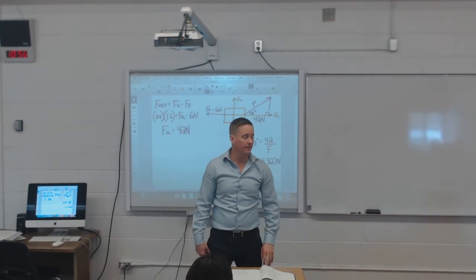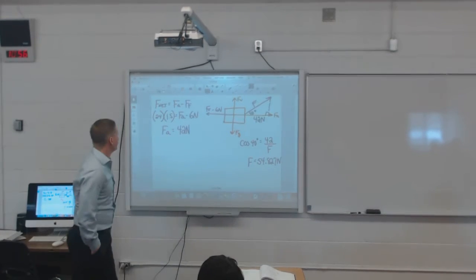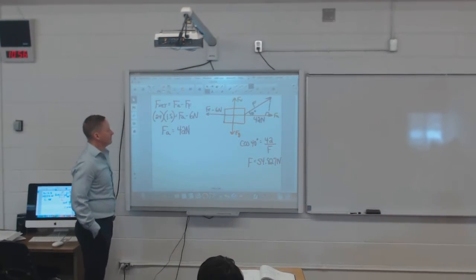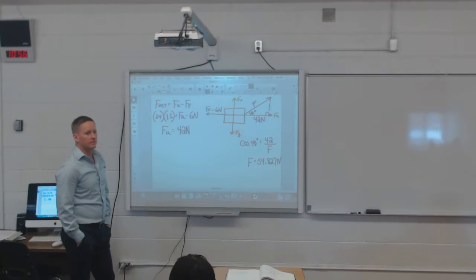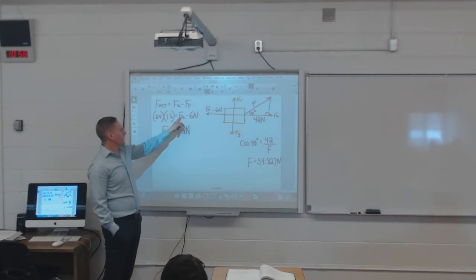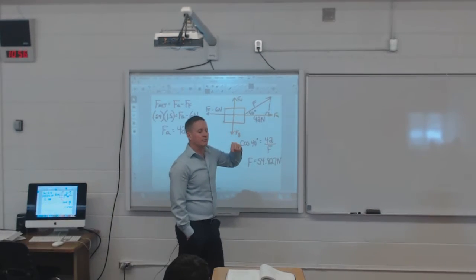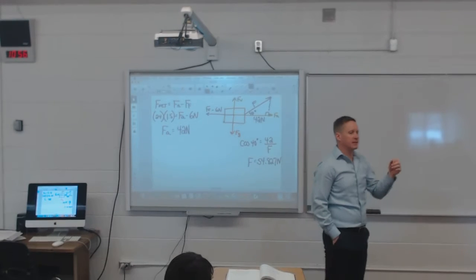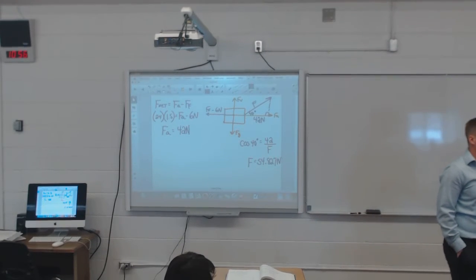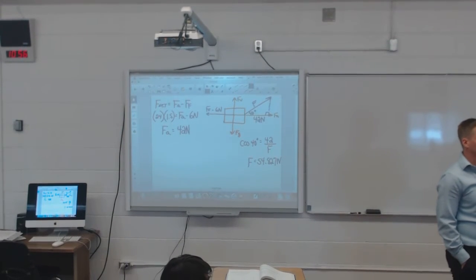Yeah, I have one quick question. The second line under the F net, right here. You say subtract 6 newtons, but you're supposed to add it. It's working against the applied force, so I have to take it away from the applied force. Oh. So I don't do the same as the book. The book puts it in as an add and then makes it a negative. So it adds a -6.